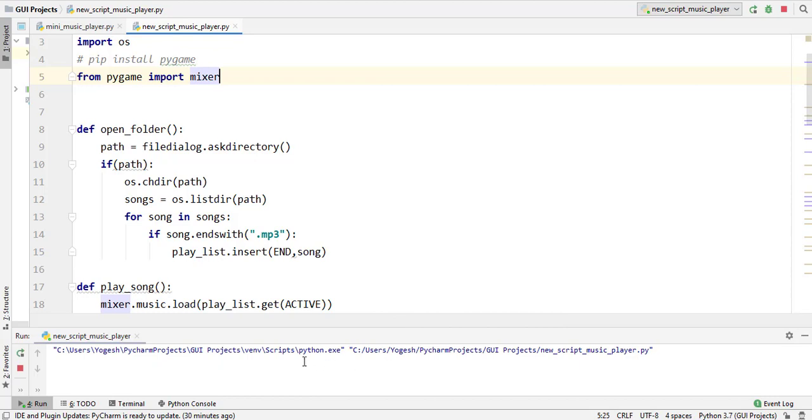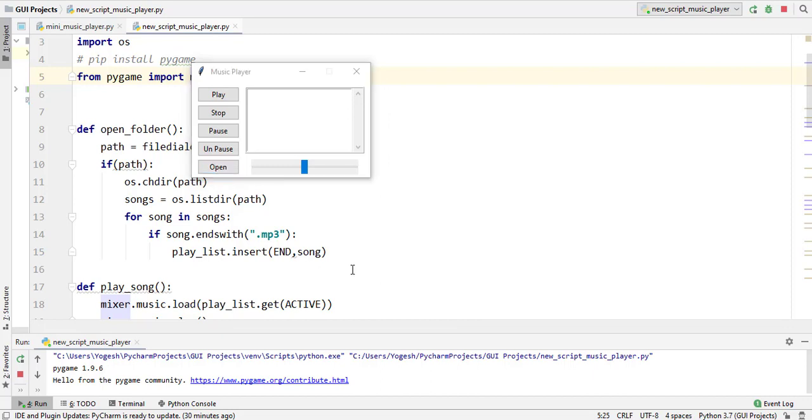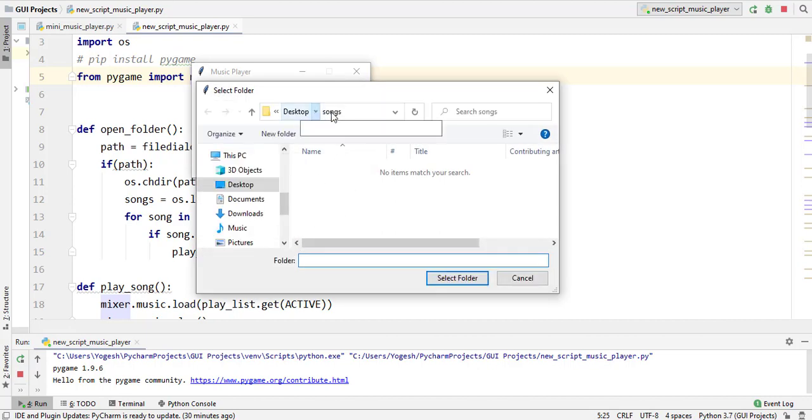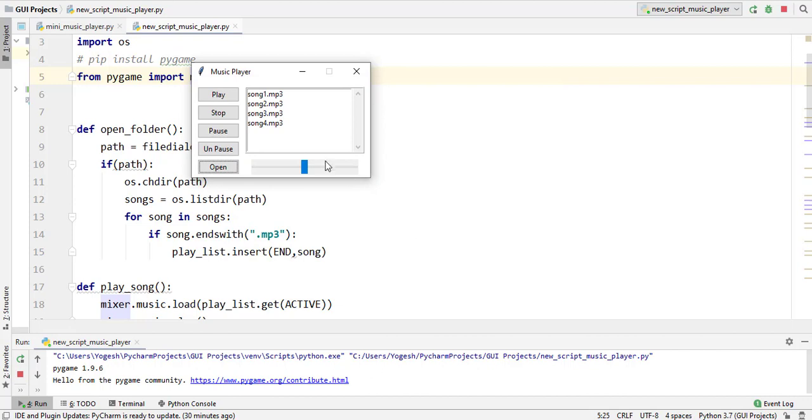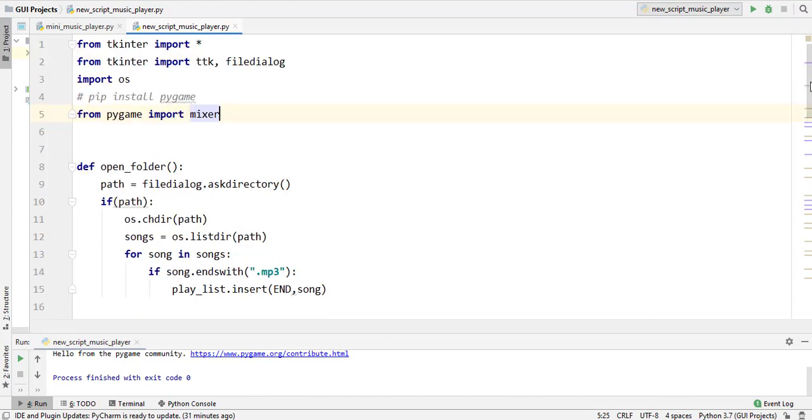Let me unplug the mic as well so you can hear the sound. You can see our GUI is working properly, and you can also add some features like the length of the song, and you can also add the title of the song on the main screen.